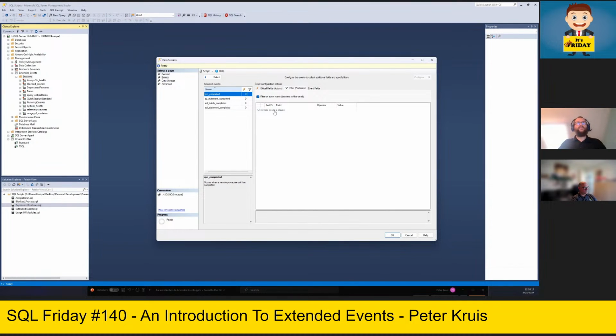And here you have the possibility for many fields to filter on when the event happens. So in this case, when the RPC completed event happens, I would like to filter on my host name is blah, blah.